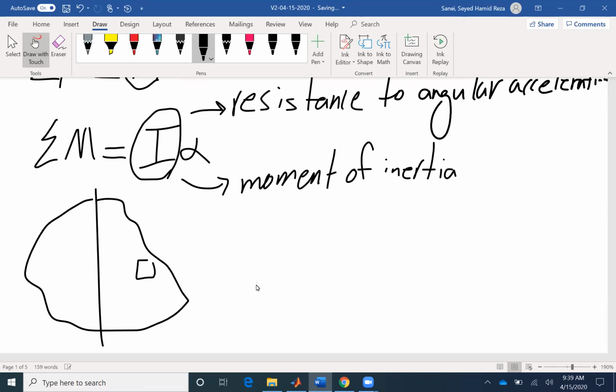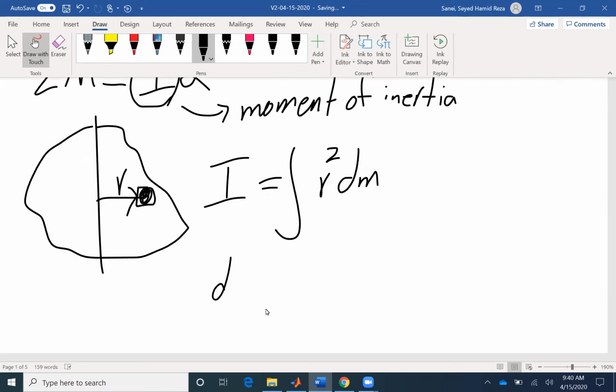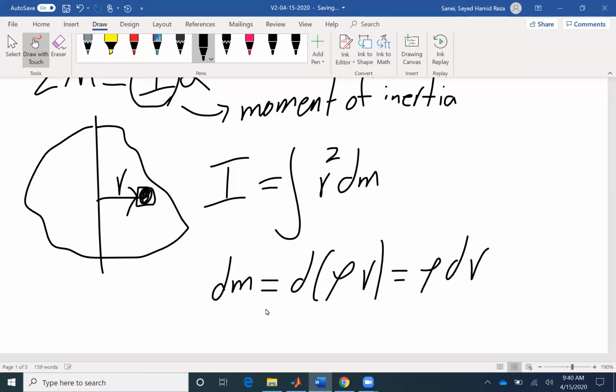So if you have a mass here at a distance r, our I, the moment of inertia, is defined as the integral of r squared dm. And dm is our differential mass. And we know mass is rho V. So we can write dm as rho dV, assuming that the density is the same. So I is also written as the integral of r squared rho dV,